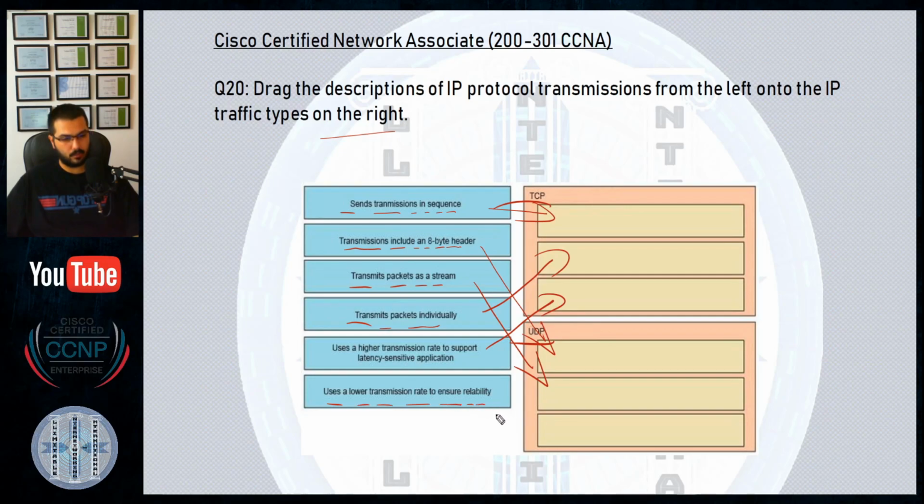No, one minute. This is tricky. The one that ensures reliability is TCP. UDP will never ensure reliability, so I will have to give it the higher transmission rate to support latency. If you have another opinion, please inform me below in the description of this video regarding question 20